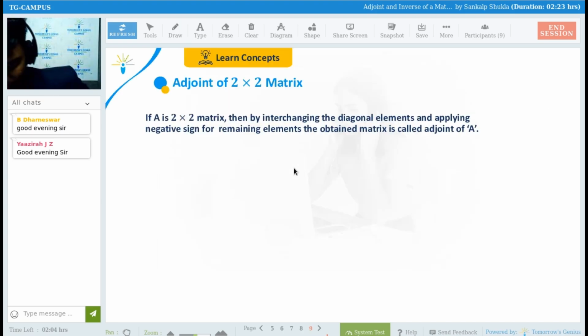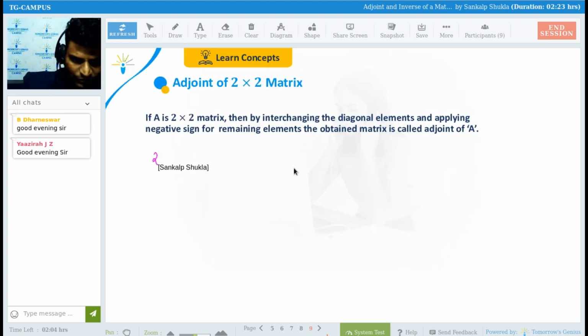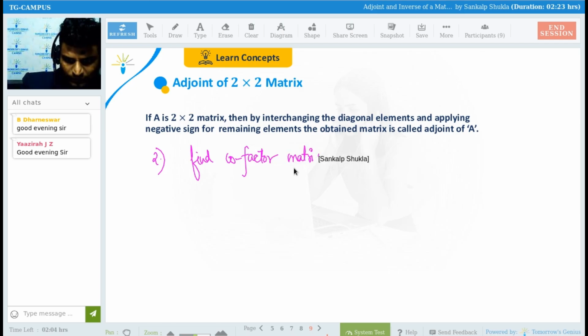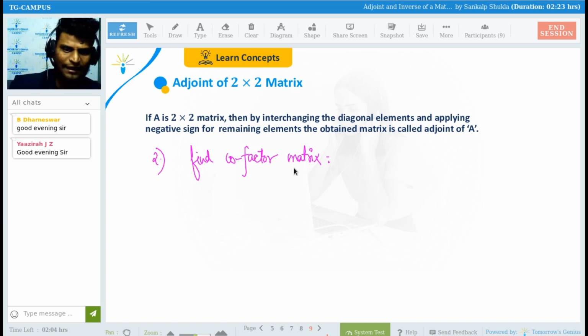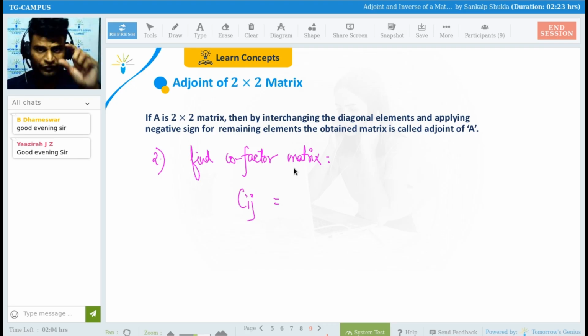Okay. Next step, second, find cofactor matrix. So that is pretty much clear that cofactor matrix will be the matrix of cofactors. Yes. So we have notation like Cij. Cij is supposed to be cofactor of an element, because ij defines an element. Okay. So we have Cij. Cij is cofactor of an element. So Cij can be found